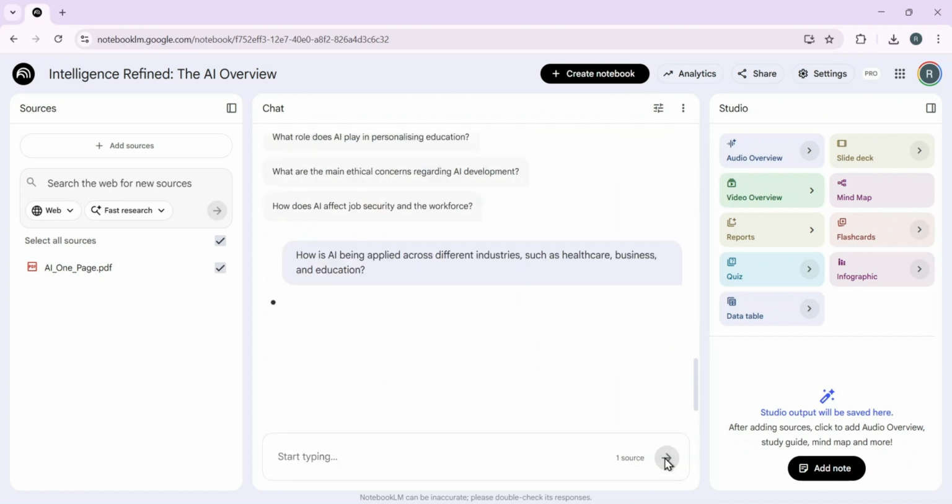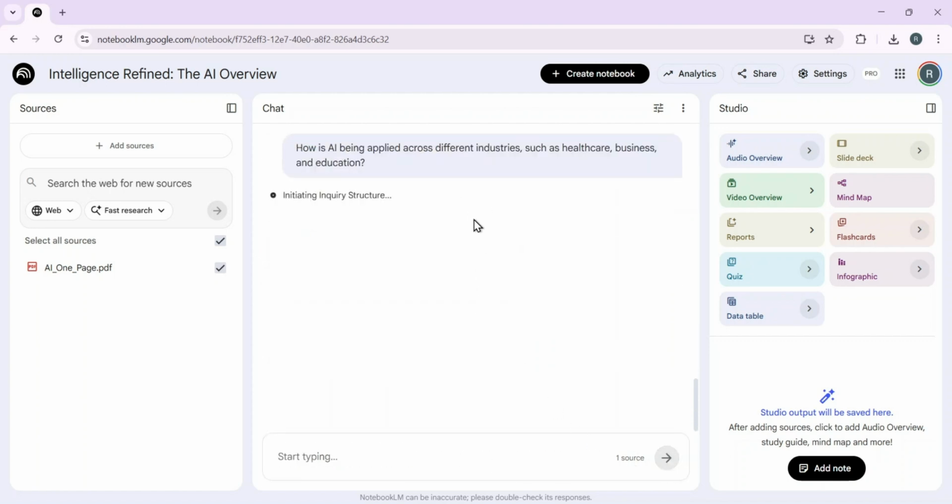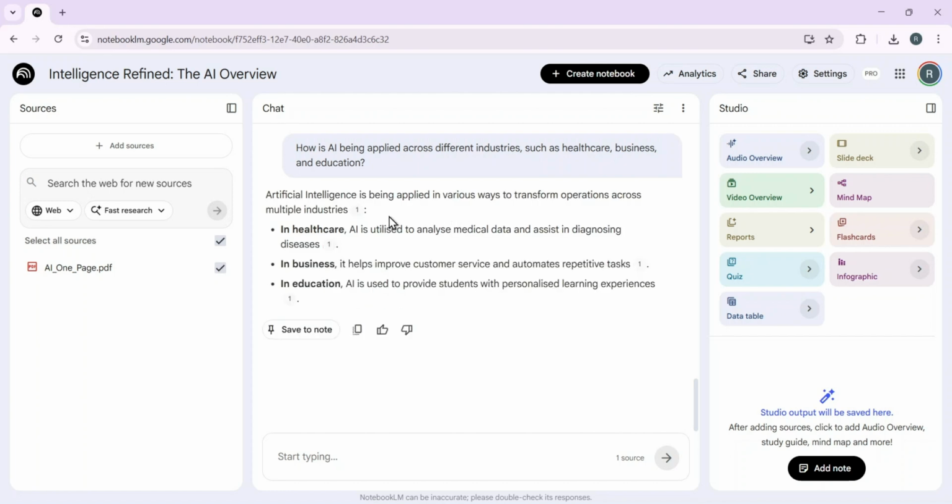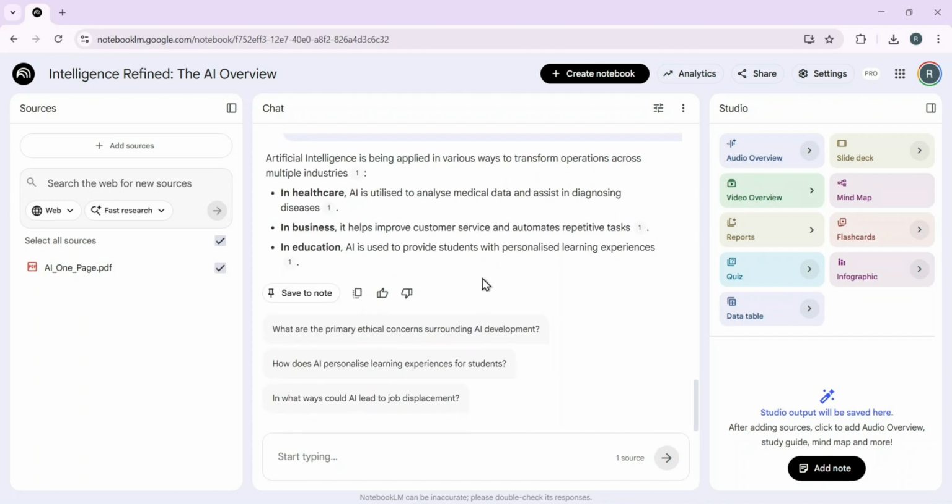Finally, I'll ask a custom question about AI applications in healthcare, business, and education. The AI synthesizes the information, noting that it assists in diagnosing diseases, streamlining operations, and providing students with personalized learning